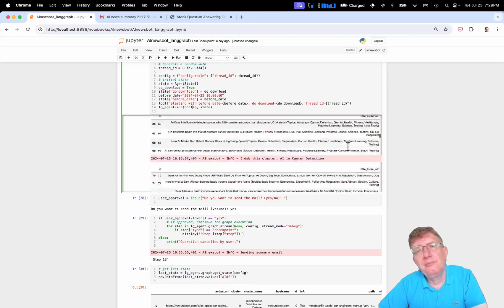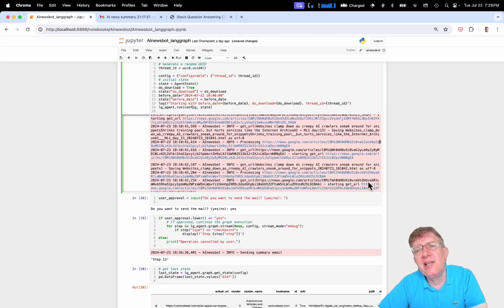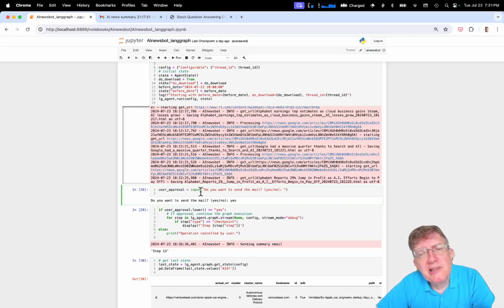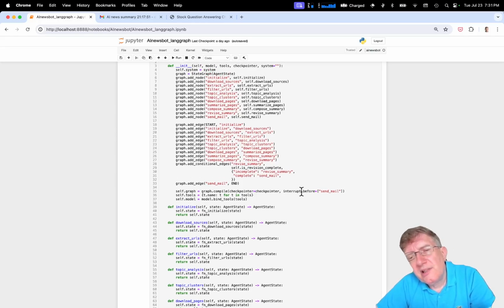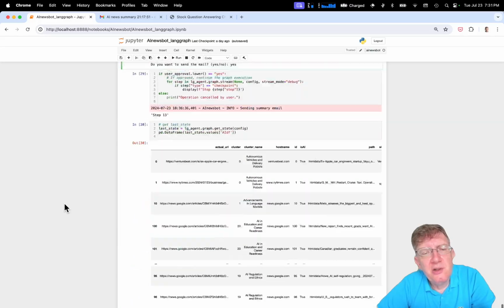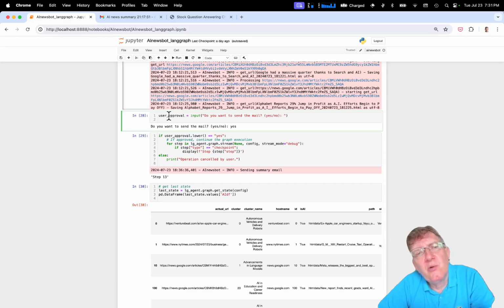And the second time it ran for 3 days worth of data. So when I got to this step, which is the send mail step, it stopped, because up here when we compiled it, we said interrupt before send mail. So basically the cell completed. And then I have this question, do you want to continue? The user input is a response to this question. And then based on that,